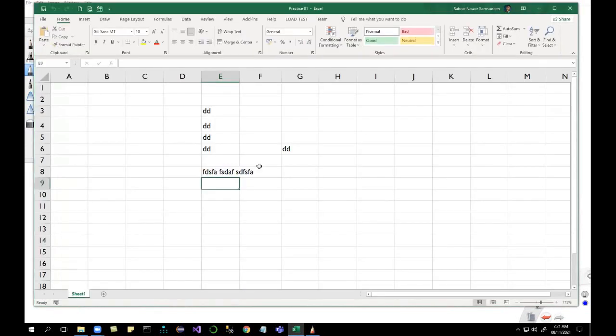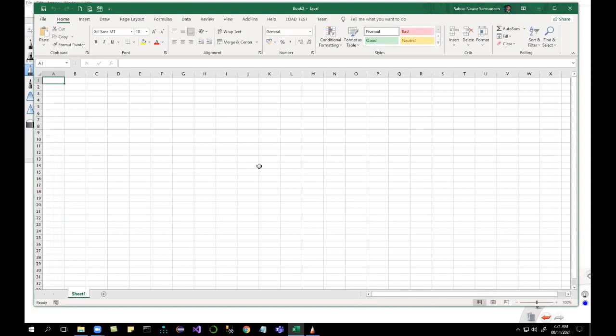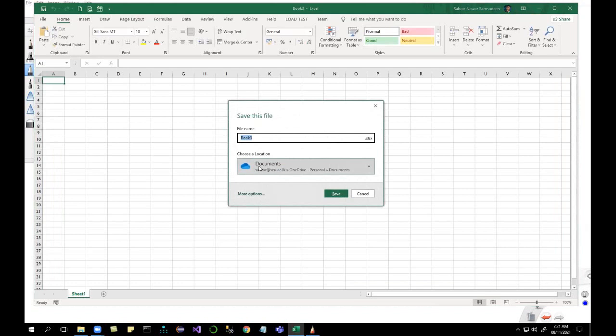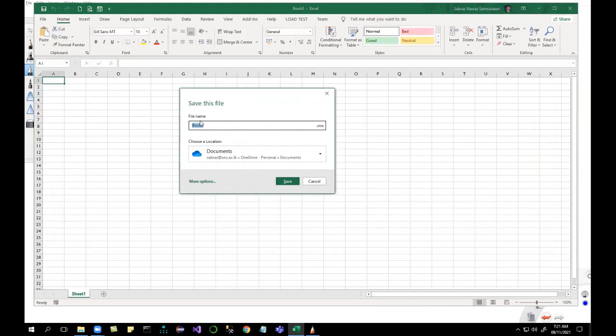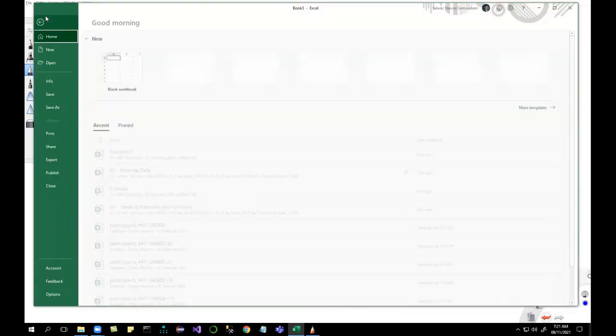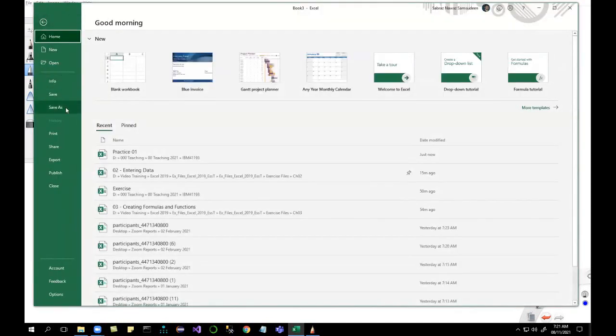And in the case of Excel or any other Office application, the shortcut for save is Control S. Here you see Save and Save As. Let me ask you, what is the difference between Save and Save As? Save means we are just saving, but Save As means we can save in a different format. Yes, and